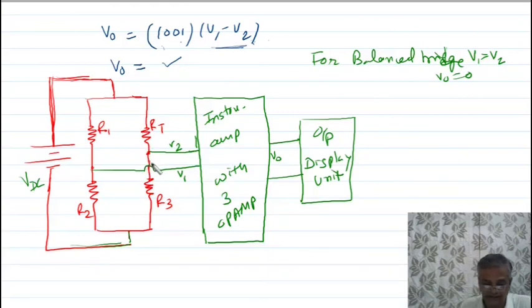So V1 is not equal to V2. When V1 is not equal to V2, then VO is not 0. VO is nothing but 1001 times V1 minus V2, and then the output is connected to the display unit, and from the display unit you can measure the temperature of